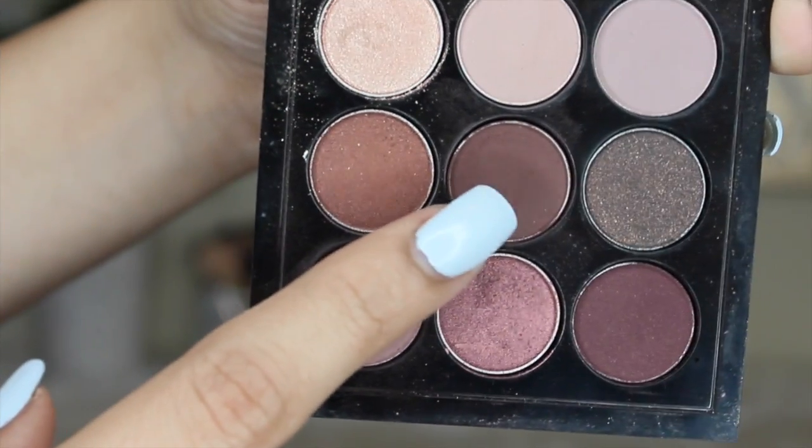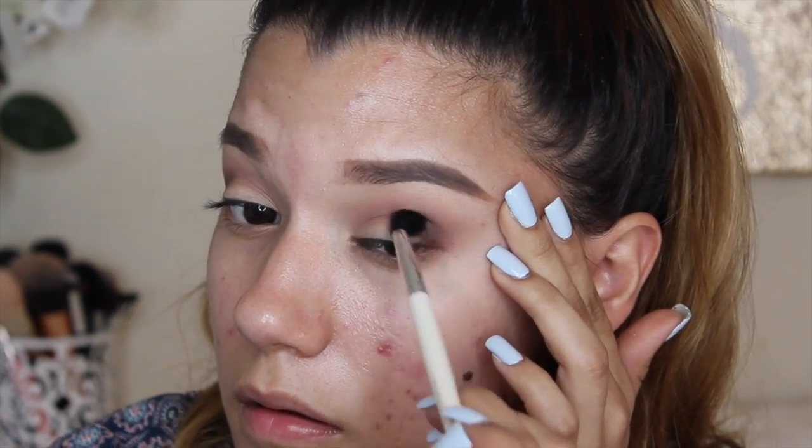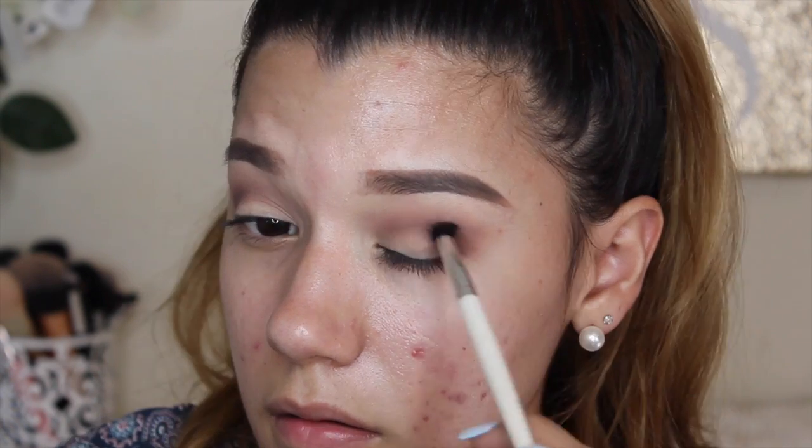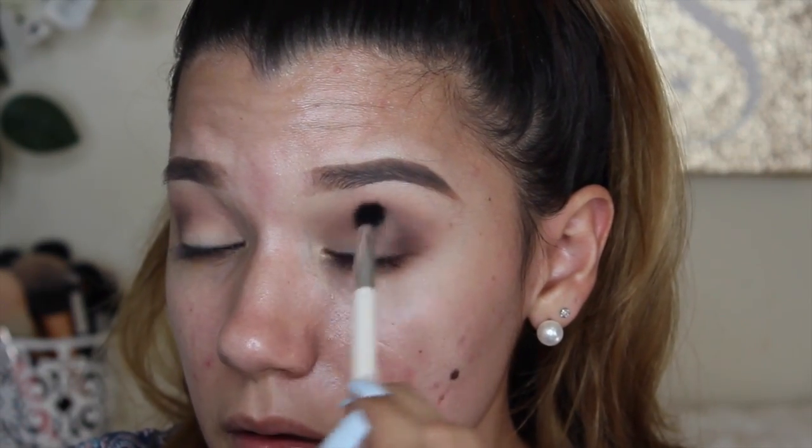Then going back into the same palette, I'm going to be using the MAC eyeshadow in Embark, and I'm going to be using this on a really small tapered Sephora blending brush. And I'm going to be focusing it more on the outer corners of my eye to really create that smoky outer edge. And I'm also going to bring the excess right into the crease, and I'm just going to be